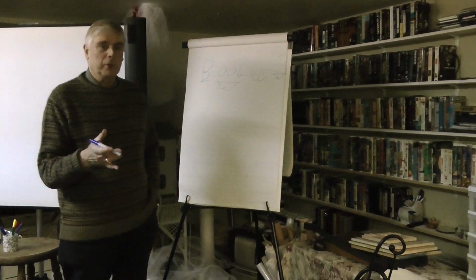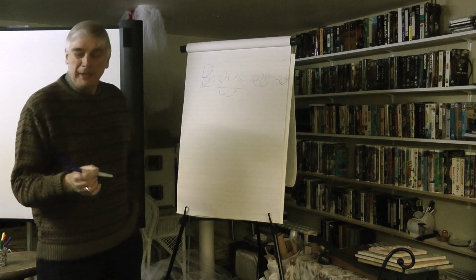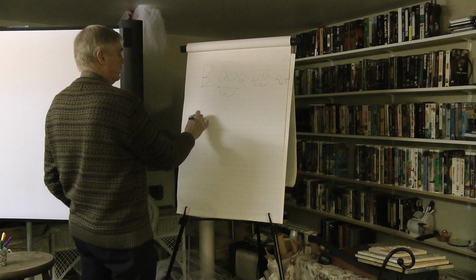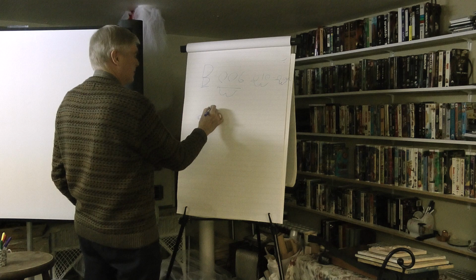Okay, we're just going to have a quick run through how filtering works on a full wave power supply. On a power supply, you'd have a plug that goes in the wall. That's your AC coming in on a pair of wires. There's no switch on this one. It just goes into the primary